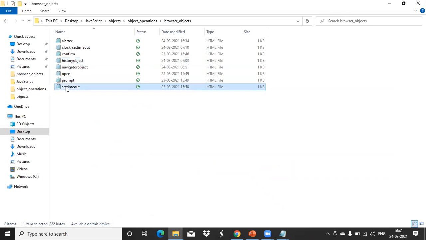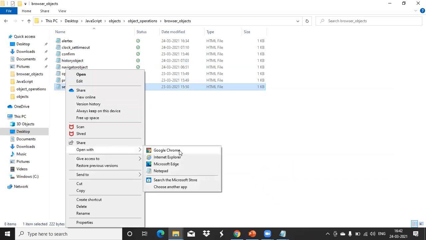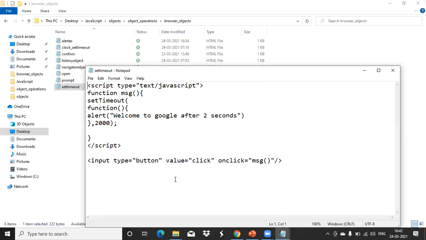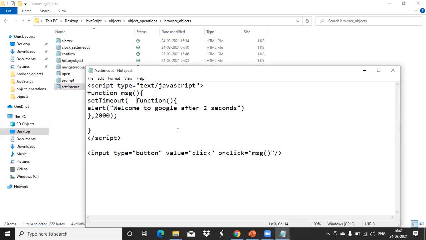Now you see here, we have one more: a setTimeout function. With setTimeout, a function, plus an alert message we are also using. Plus here we used this 2000. It is in milliseconds format we are telling, so 2 seconds we have set as the time. So after 2 seconds something you want to load like that, a time we have set there. That is the setTimeout function we are using.